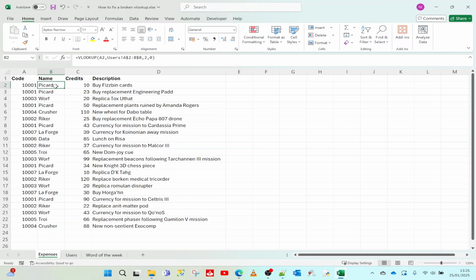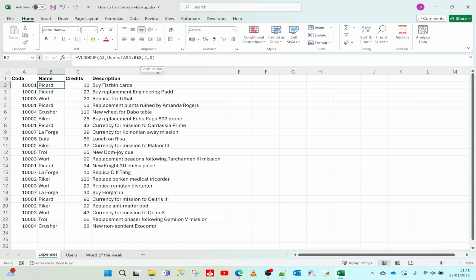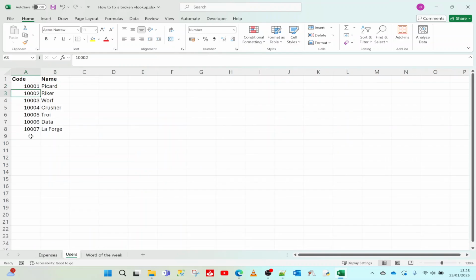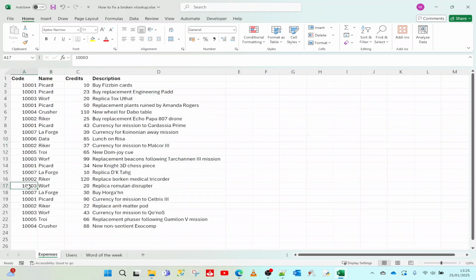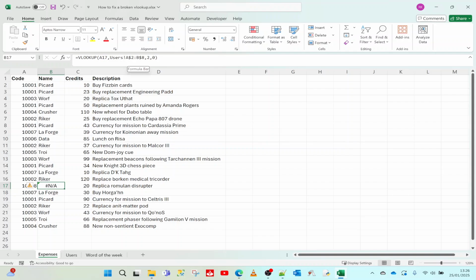Another way of doing it, and the way that I generally do it, is I don't put the numbers. I just put the columns. So instead of A2 to B8, let's imagine we added another person at the bottom of here, whoever, Q, and let's just put in an expense for him here. That's not going to work because the new value doesn't exist in A2 to B8, because the new value is on row 9. So what I would generally do is instead of saying the row numbers,